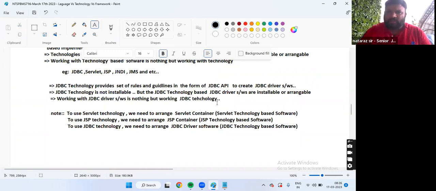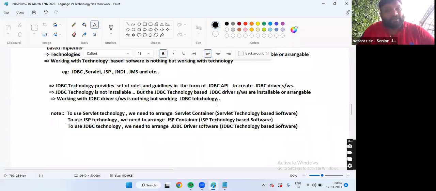The people who know a little bit of JDBC, servlet, JSP, did you observe? To work with Java, you install JDK. But did you install any JDBC to work with JDBC? Did you install any servlet to work with servlet? Did you install any JSP to work with JSP? Then what have you installed?